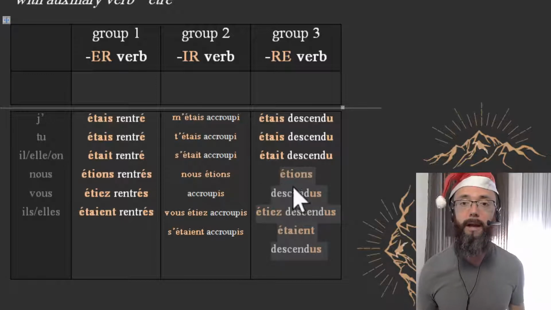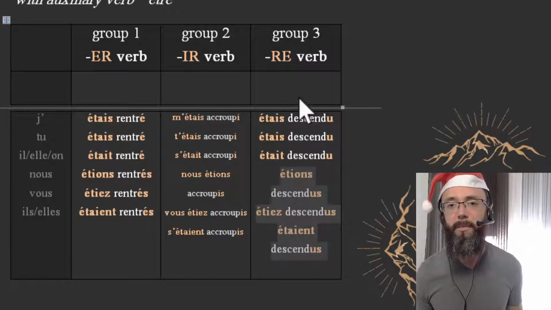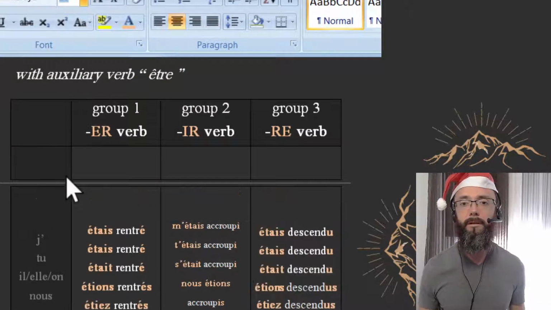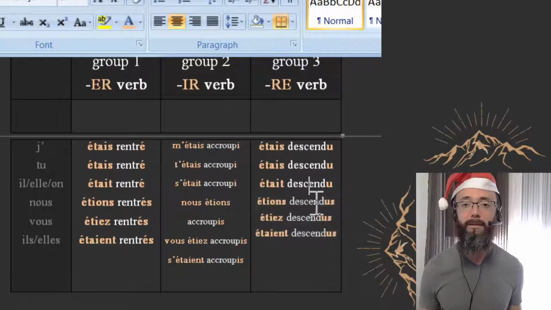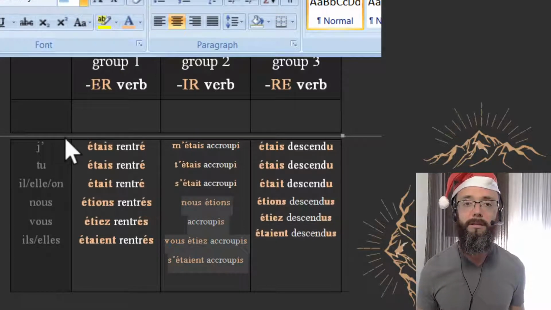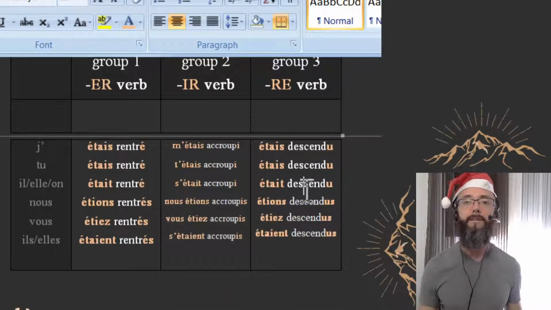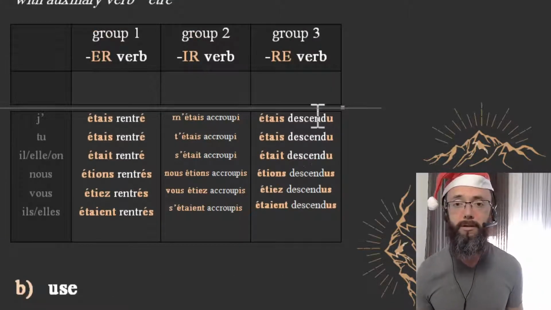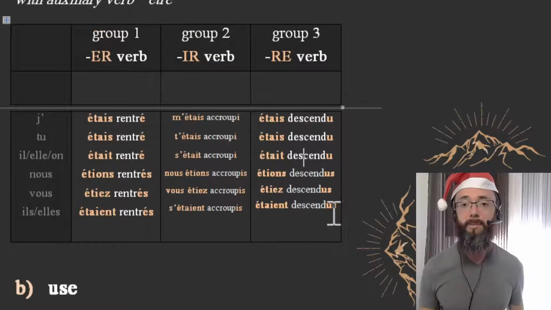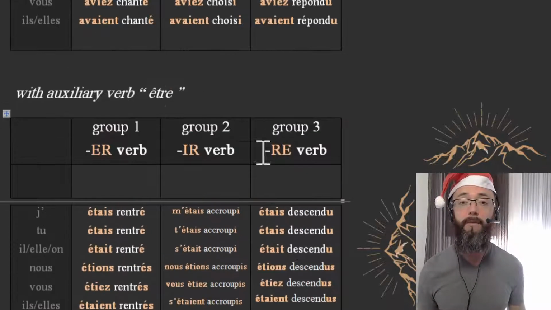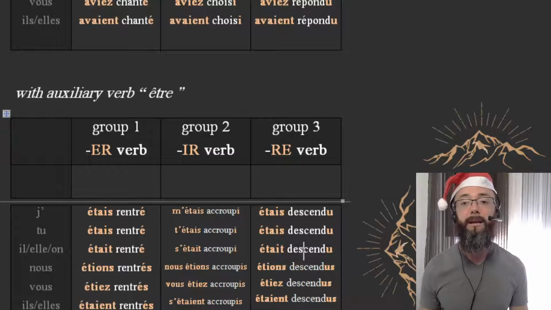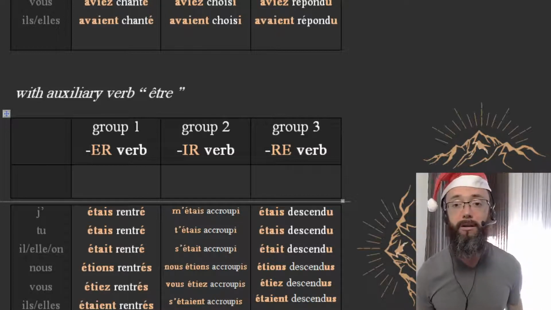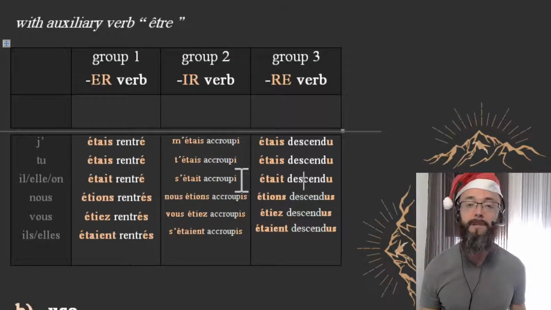And all of that makes for a bit more complication, I guess, but nothing out of the ordinary. It's still manageable. There are other difficulties in French that make that one seem like a walk in the park. So I wouldn't worry too much about that, but just keep in mind that when you have the auxiliary verb être, you need to agree the past participle that follows in gender and number. So that was for the first part of the lesson.